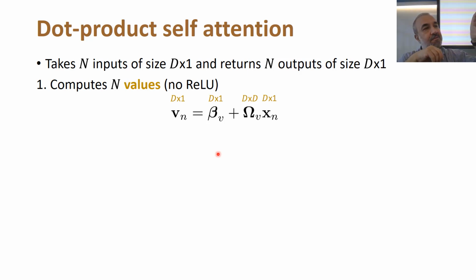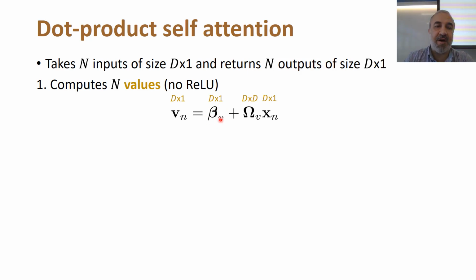So we have input vectors, and we will get value vectors, still of the same size, but that's not the output vectors. You can consider values as intermediate output, something intermediate that we will need to produce the final output of the self-attention layer. How will we get the values? I think this is very familiar to you, right? Again, we will have a weight matrix and